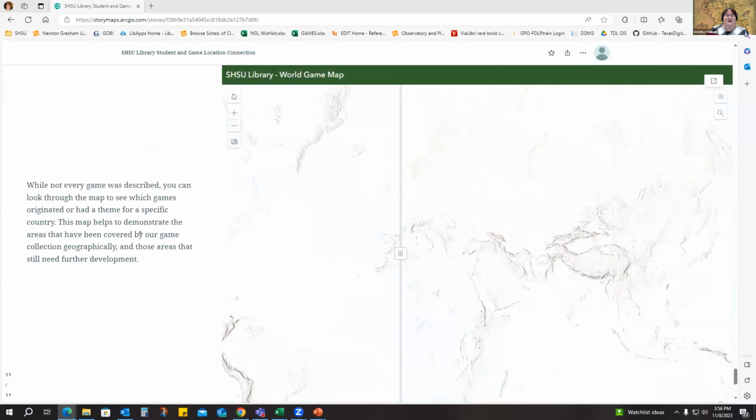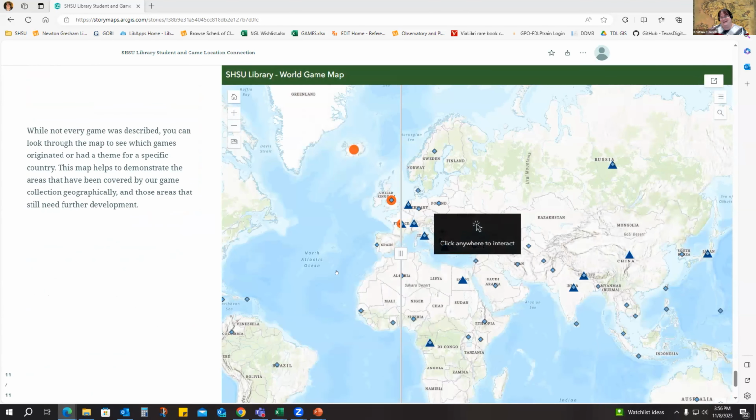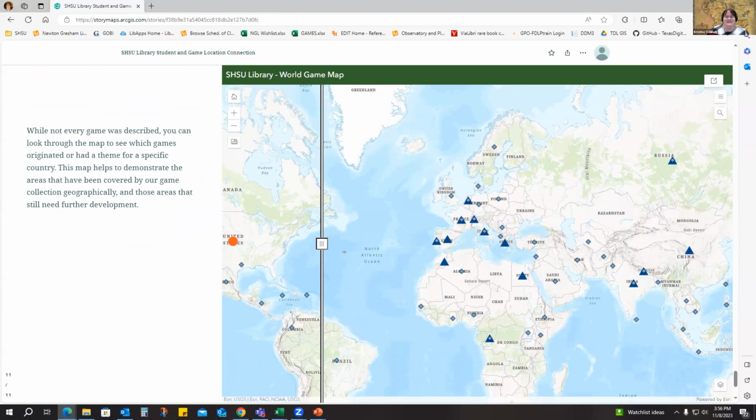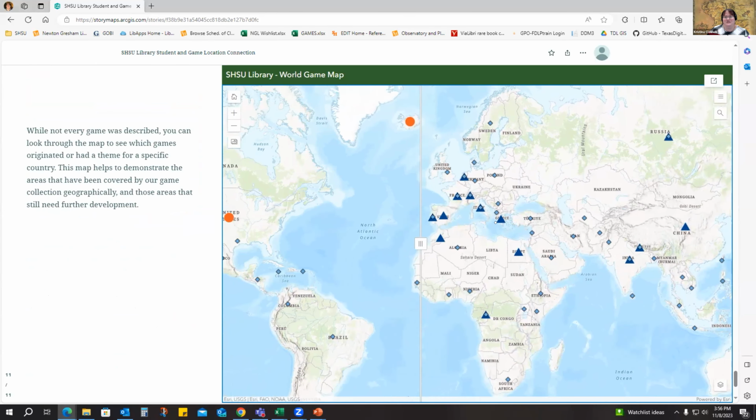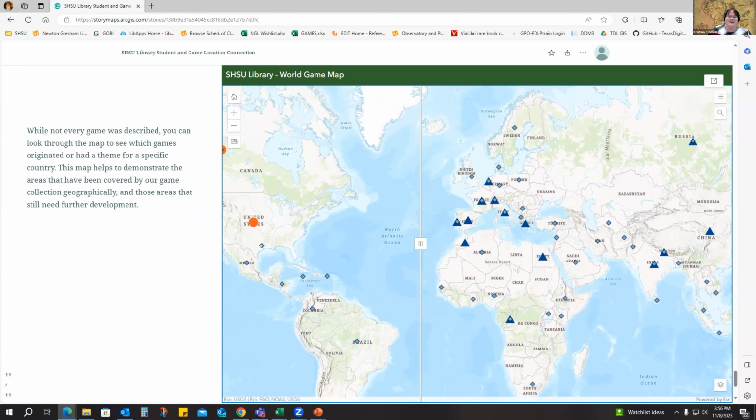Although not all of them are on here, and not even all the ones that we have are on this map, you are able to just kind of drag around and see what is available in different places. I obviously did not talk about all of these, but you can see which ones are here where we have students, and how we are trying to develop this area. It definitely helps me to see what we have and what we don't have. And the more that I can include, the clearer picture I will have for myself on where to develop further. So that is all. I'm going to stop share unless somebody has a question with what I'm sharing.